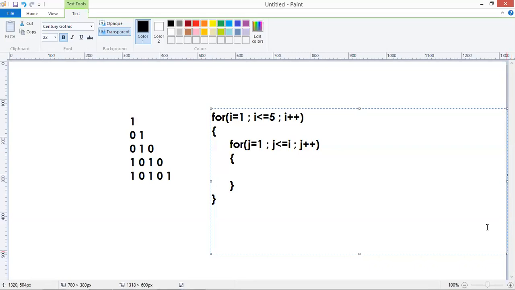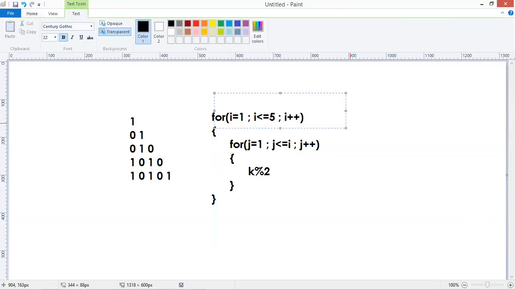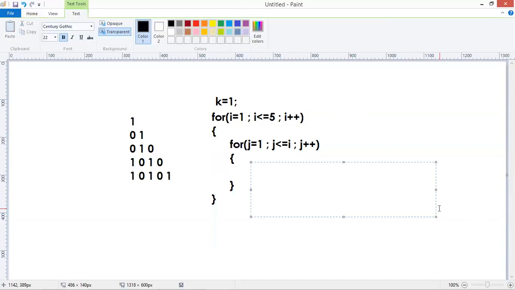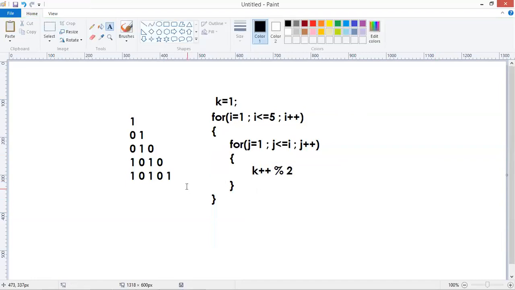Just take one variable and print k mod 2. Finish. The k value starts with 1, and every time increase the k value.